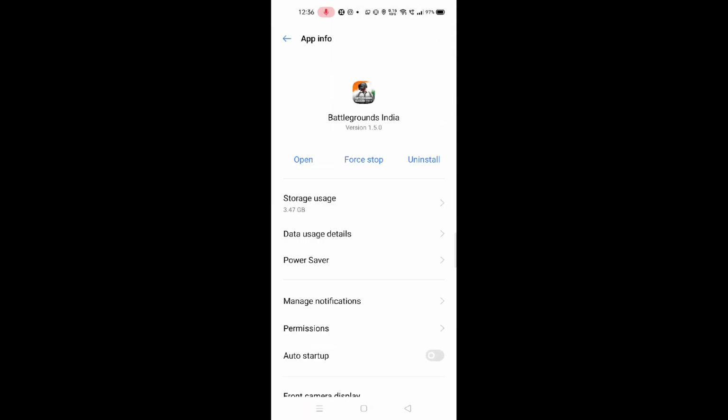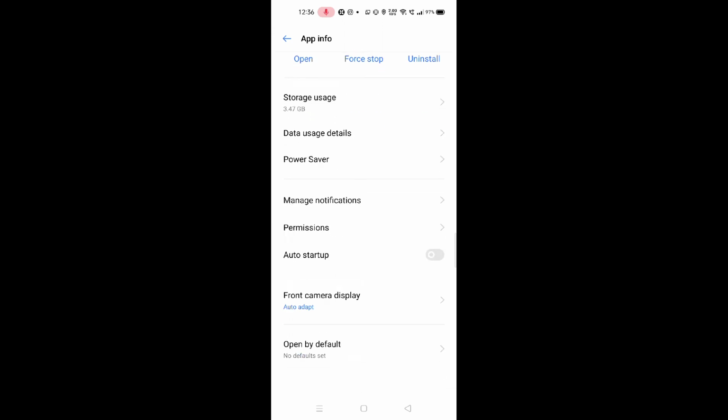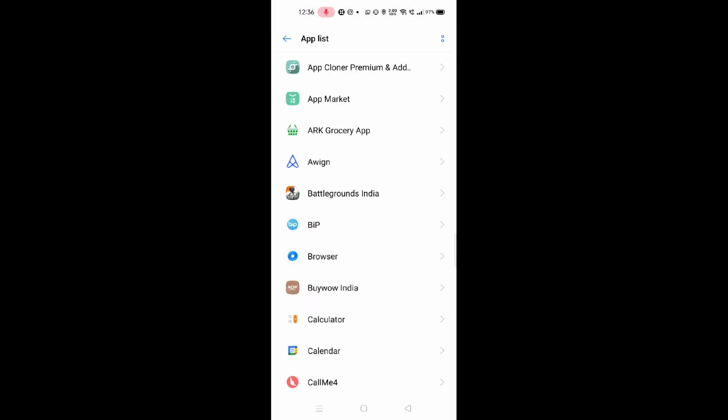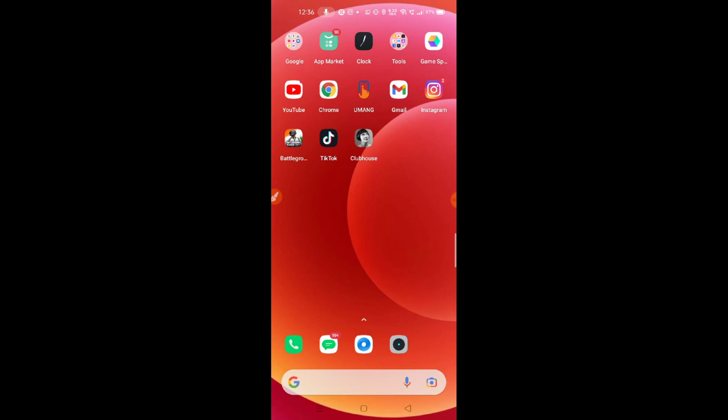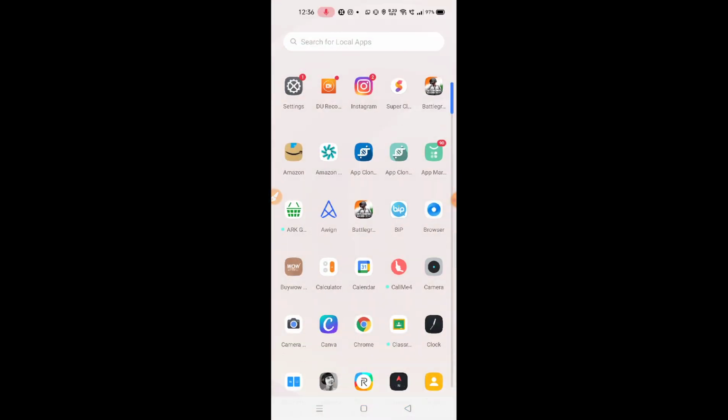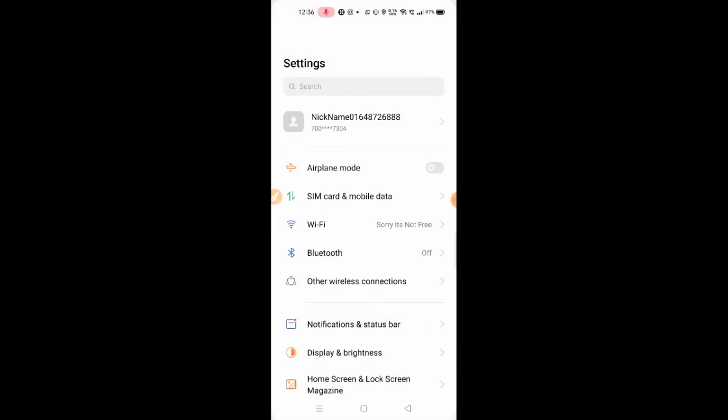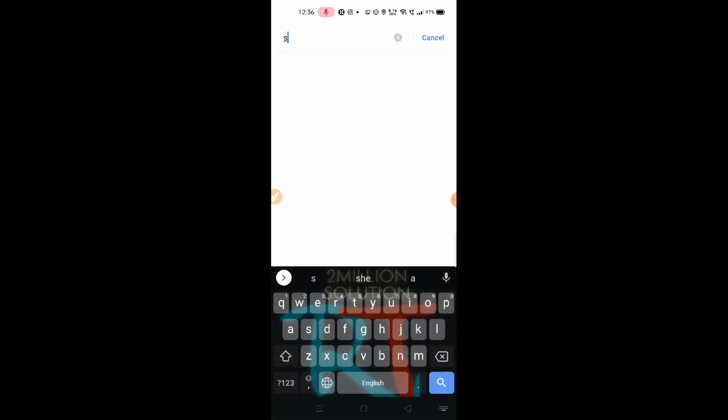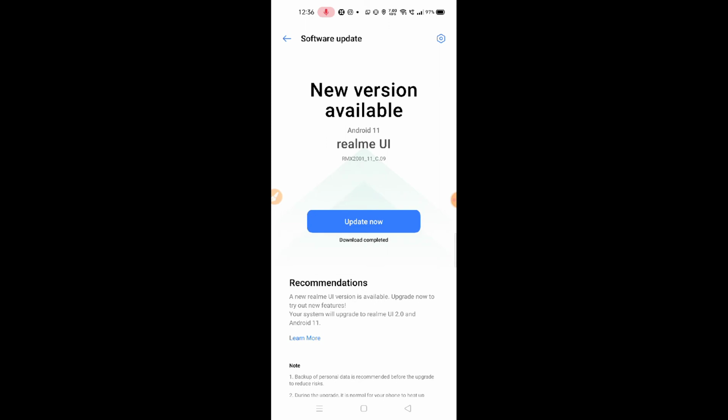So after doing this, here is your BGMI Battleground. After doing this, go in the software update. Without updating your software, your game will not open. So you have to update your software. After updating this,